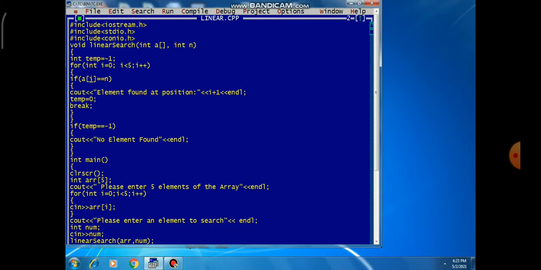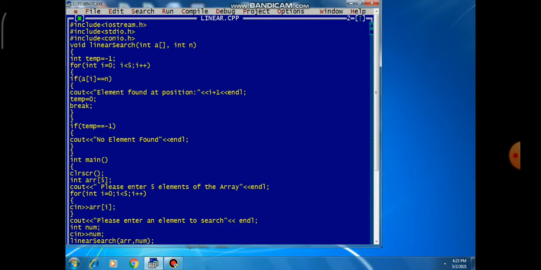Then, dear students, I am declaring an array which is of type integer and the size of array is 5. Then we are printing a message with the help of cout.